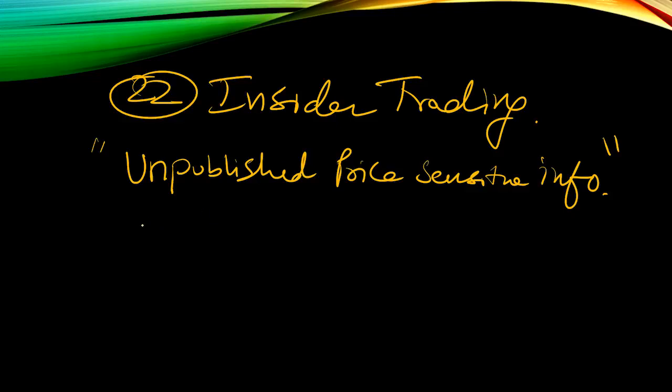So what is unpublished price sensitive information? It amounts to insider trading, because suppose I am the director, and I know that tomorrow we are declaring dividends. So today I tell all my friends, buy the shares, the price will go up. That is illegal. What I have done is illegal. I will be considered a white collar criminal. So it is a crime to do this activity. It is as good as murder. So it is a very serious offense.